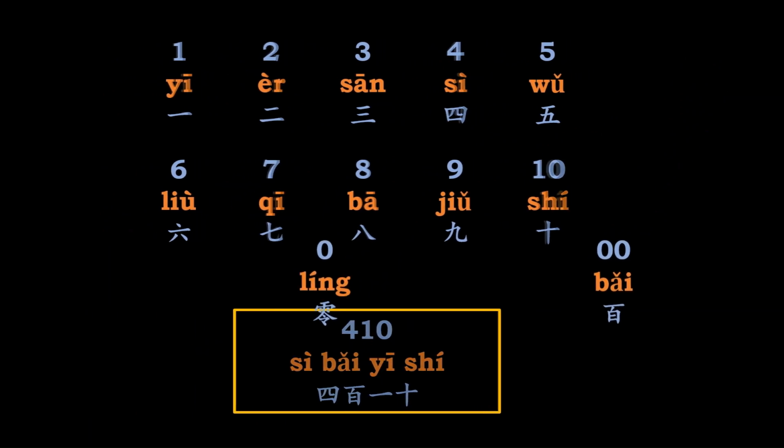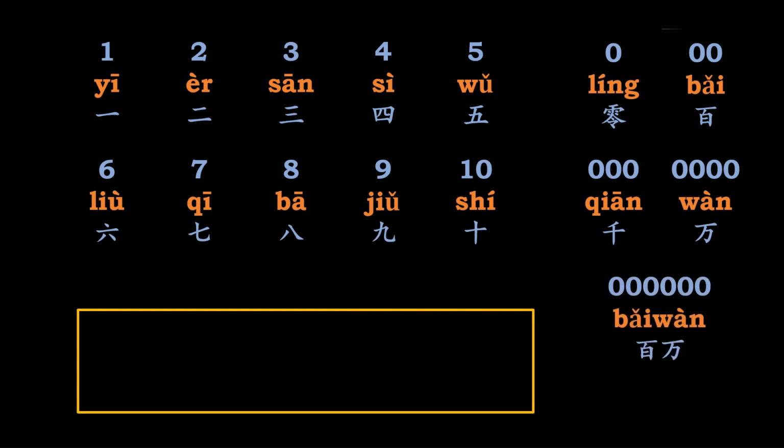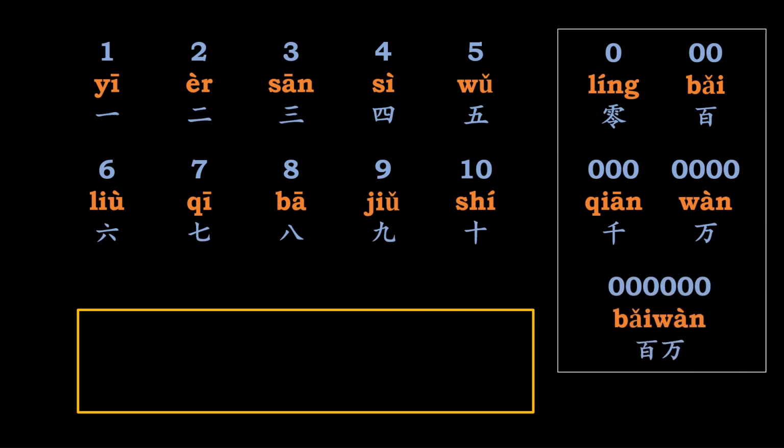So knowing these rules, we can now count all the way up to 999. Now to go beyond that, we need to bring in three more units. 千 is 1,000, 万 is 10,000, and 百万 is 1,000,000. So let's have a look at this number,